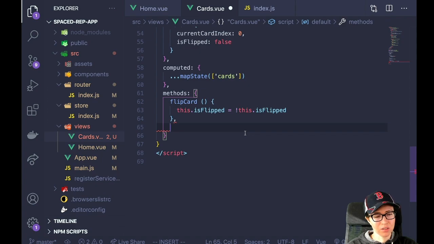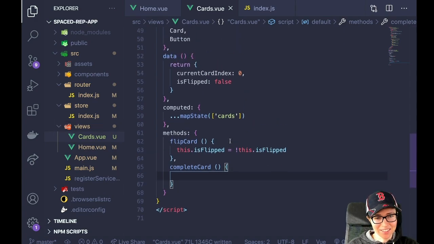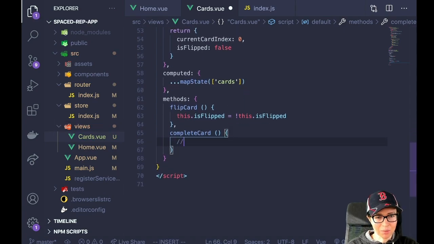I guess I'll just do complete card, maybe. Okay, so I'll do complete card, and in here I'm gonna do update bucket logic. Okay, update bucket logic, and then